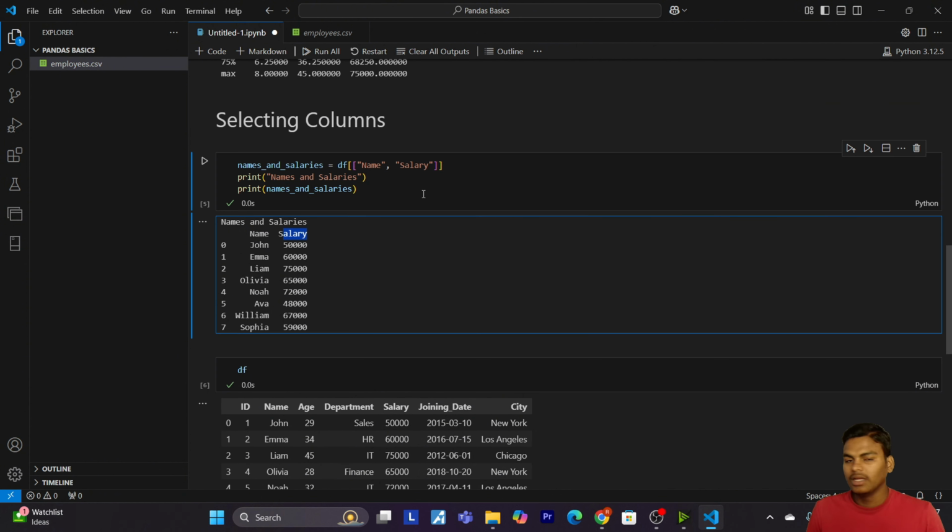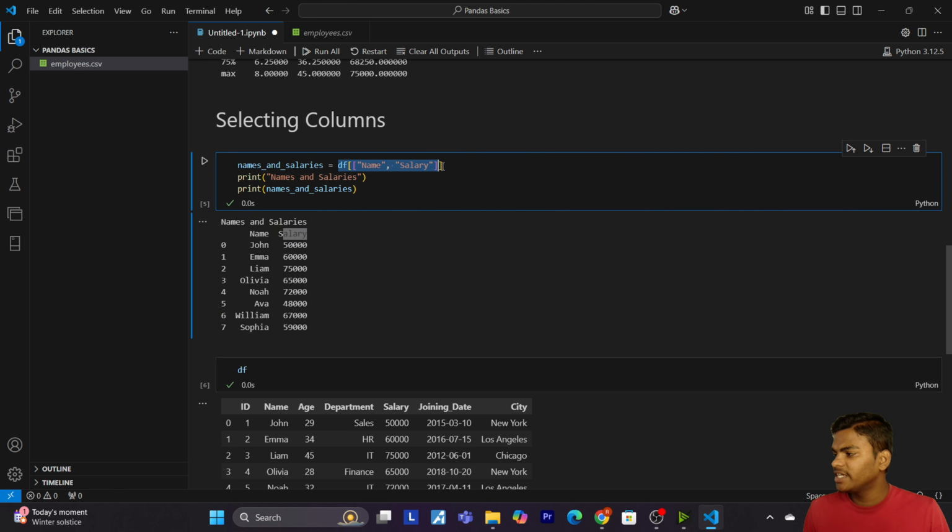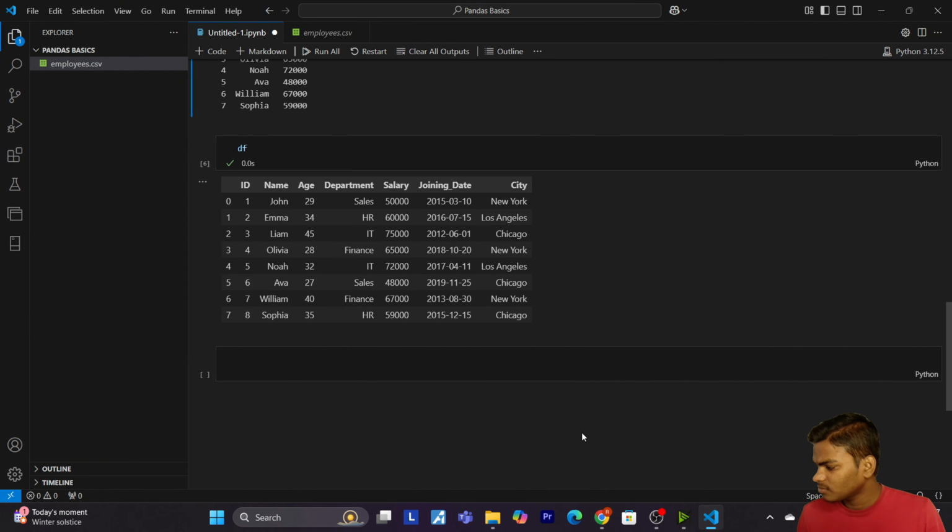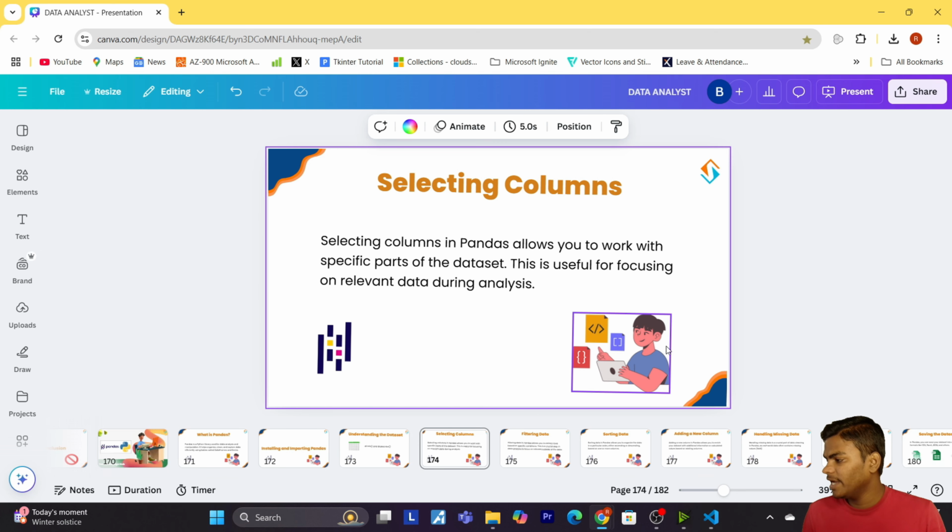Now let's understand what our code does. I wrote df, big bracket, again big bracket, then I passed name and salary. So it extracts the name and salary columns from the data set. So now let's come to our slide.